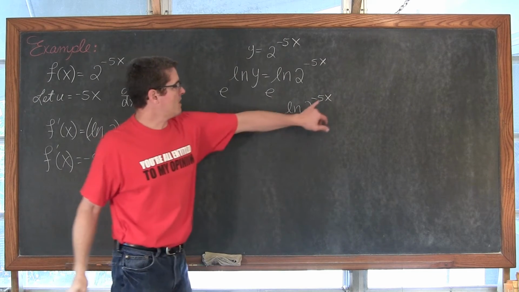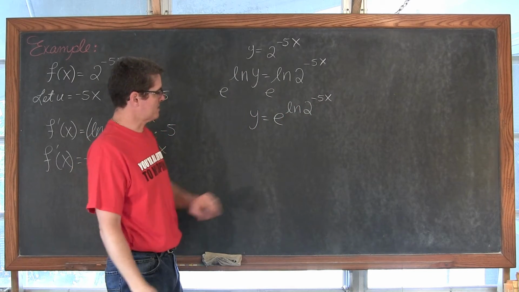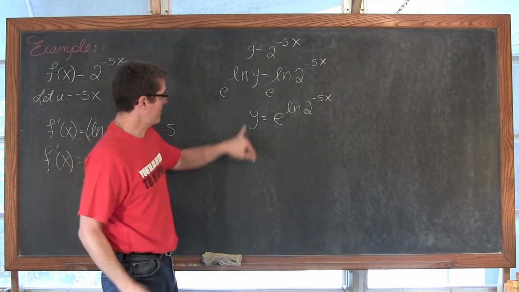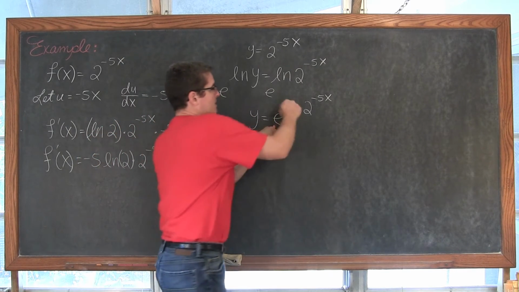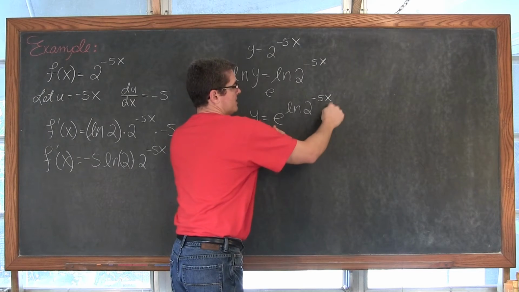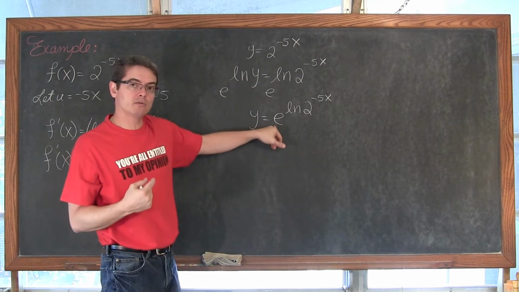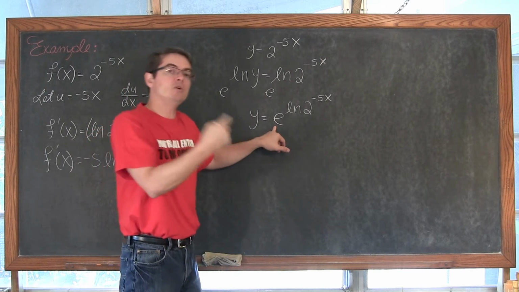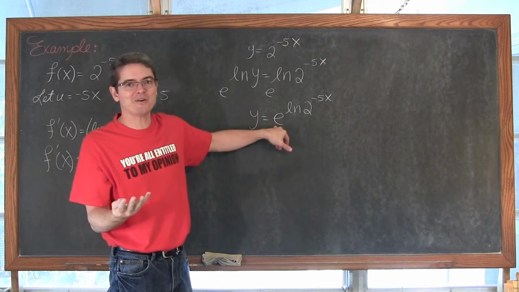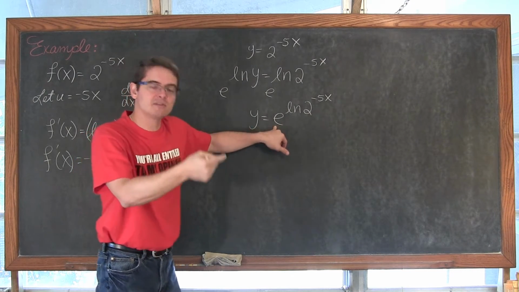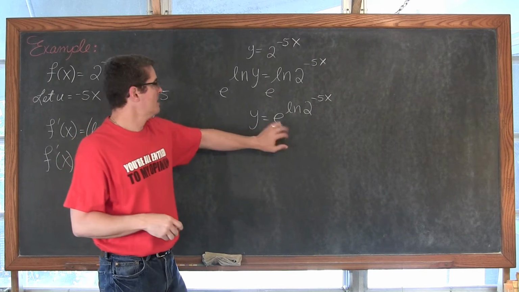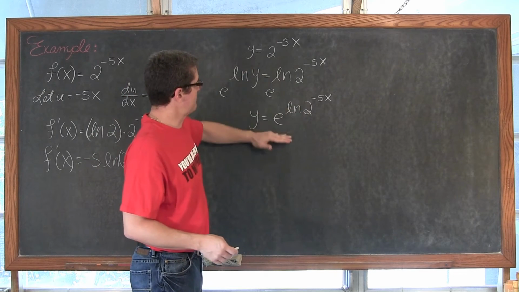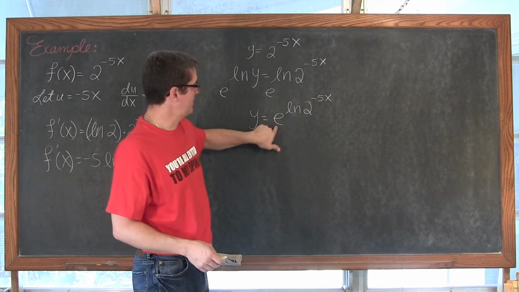Okay, and you can drop this exponent down, but I want to leave it the way it is because I do want to eventually cancel this. But what I want to do now is, you see the pattern? We have y is equal to e to an exponent that has a variable in it. So basically we're going to do a u substitution and find the derivative of e to the u, which hopefully we already know. It's e to the u times the derivative of u with respect to x. So in this format I can use what I already know, just changing the base from base a to base e on the exponential function.